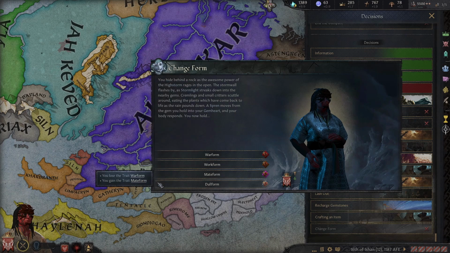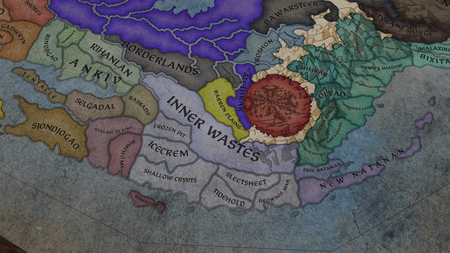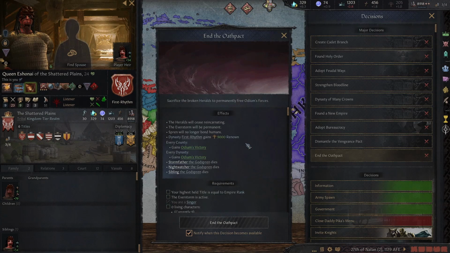To wrap this up, I'd like to quickly speak about some of the endgame goals. Of course, with how CK3 is, you don't actually end the game, but as a singer you will attempt to end the Oath Pact. You will need to kill all the heralds permanently to free Odium, the god of hatred. You will require an Empire rank, and if you are successful, this will massively weaken the humans by stopping any